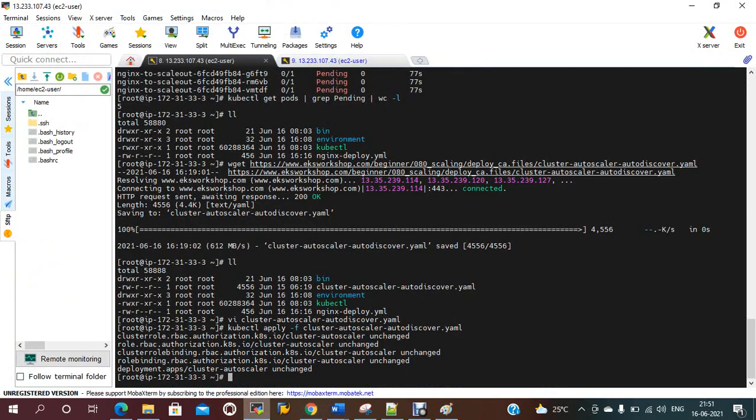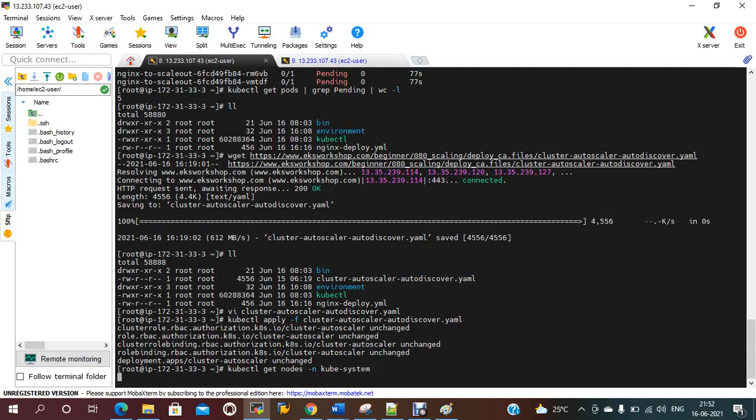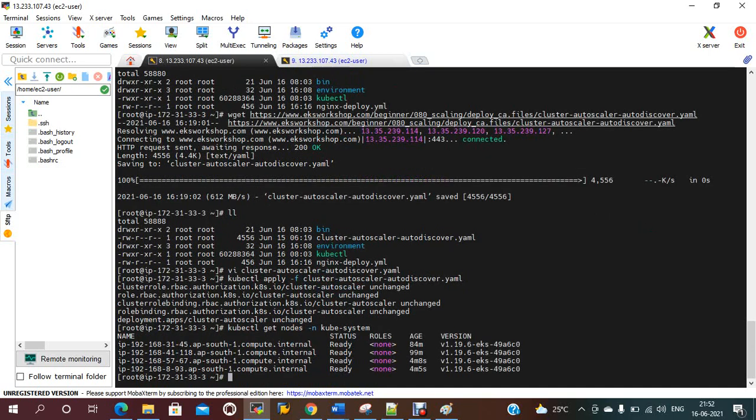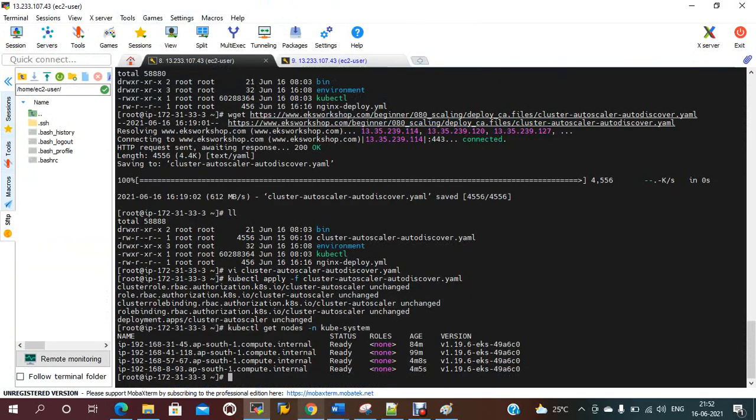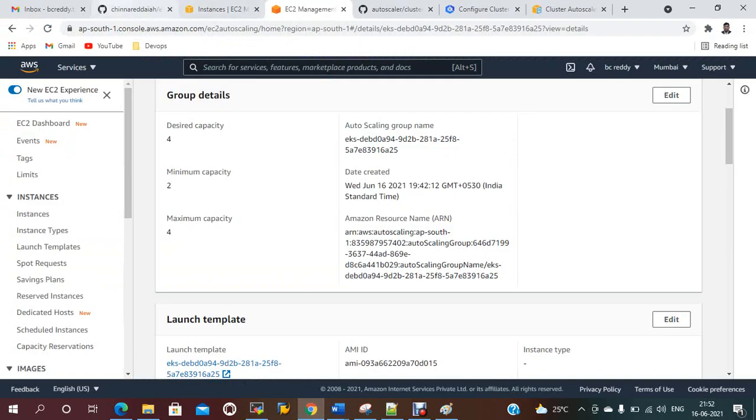Now if I do kubectl get nodes -n kube-system, currently 2, it should be 4. Now it should create an extra 2 based on the previous deployment.